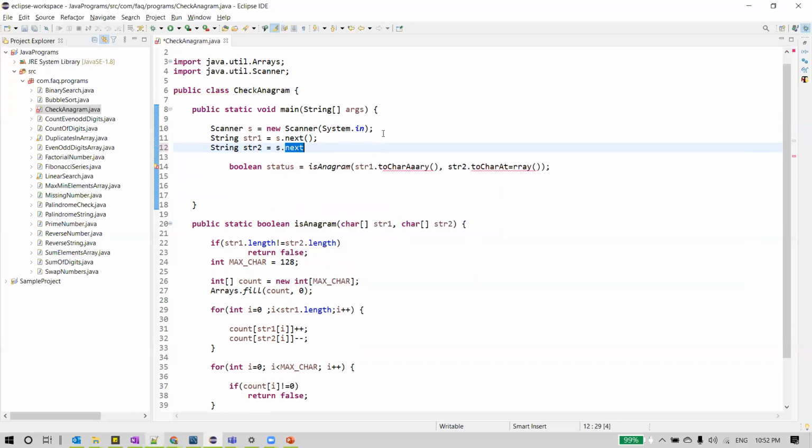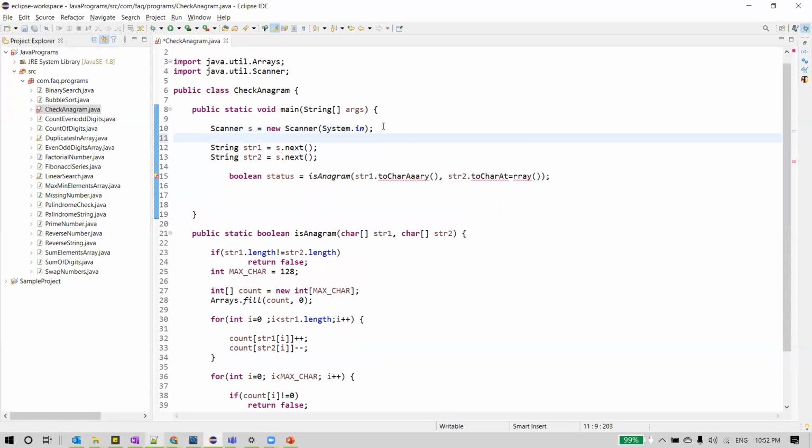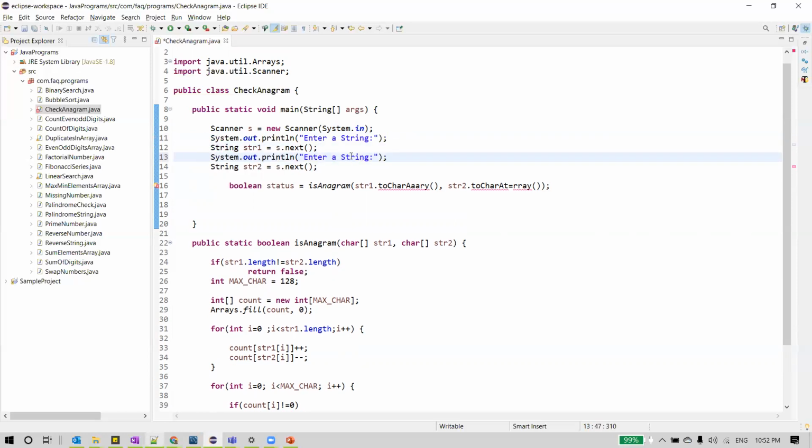And just for our readability, let's write some message here to enter a string. We can say enter first string. Once it is entered, we'll have enter another string for anagram match, something like this.